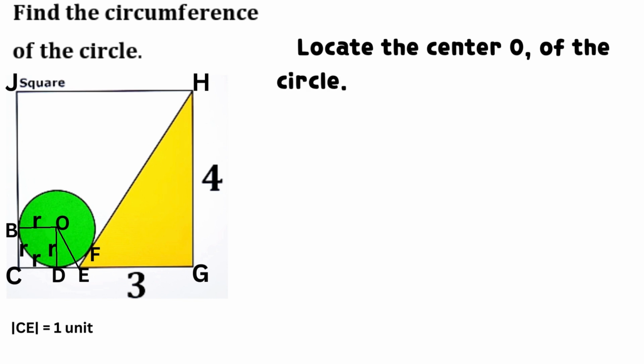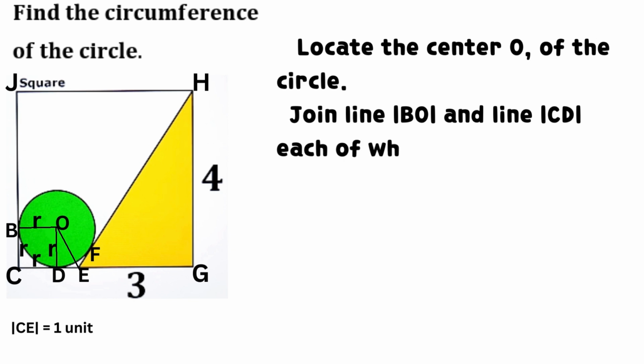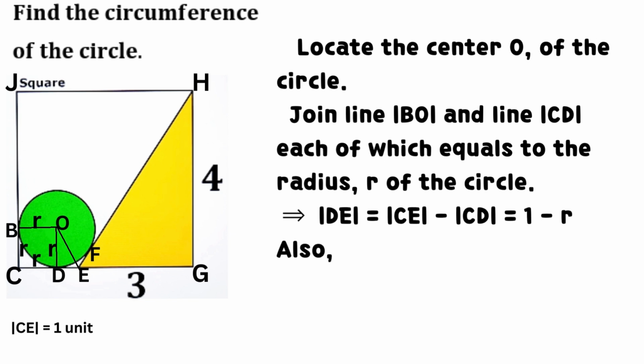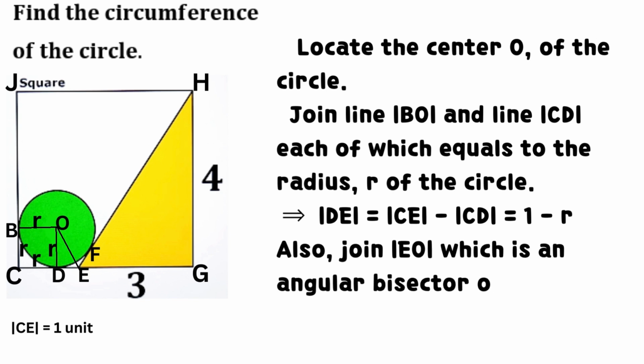Locate the center O of the circle. Join line BO and line CD, each of which equals the radius R of the circle. It implies that DE equals CE minus CD, which equals 1 minus R. Also, join EO, which is an angular bisector of angle DEF. It implies that